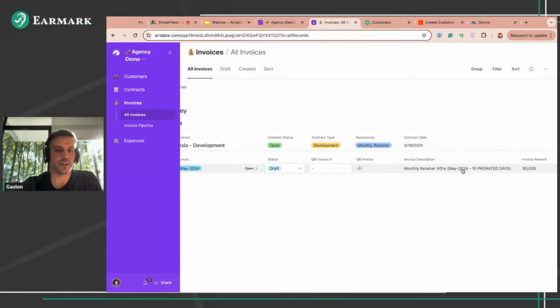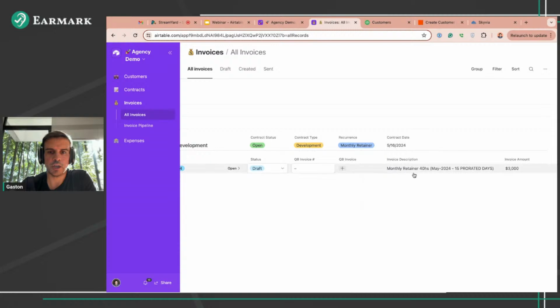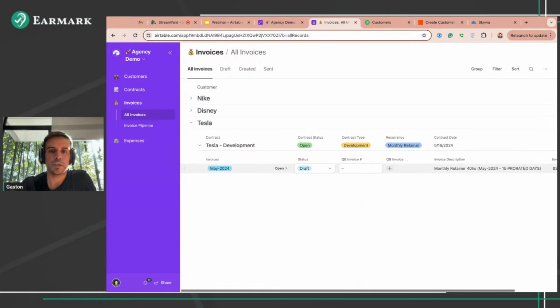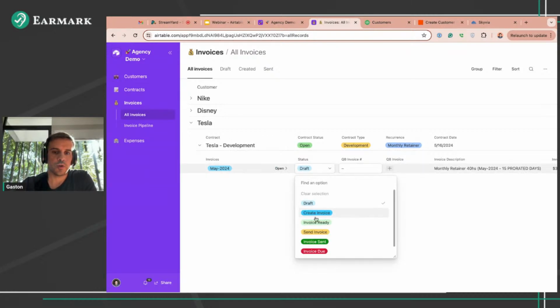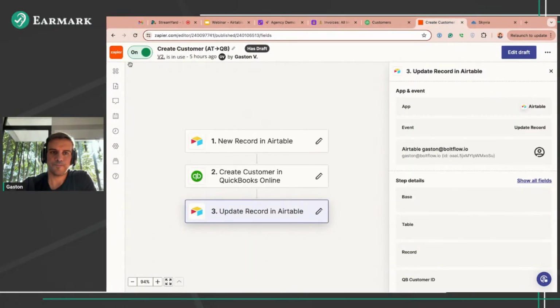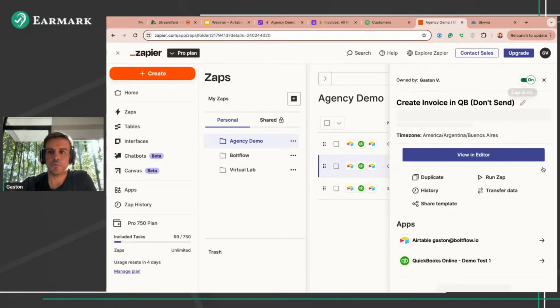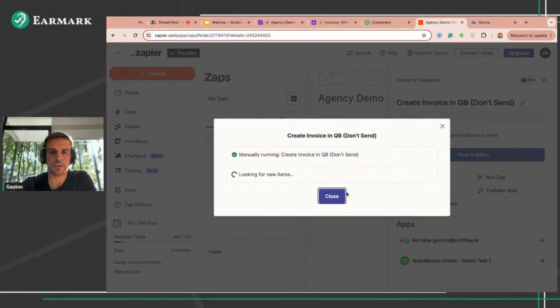And this has been automatically assigned. And as you can see, we made this so to be able to check. This is a draft. We are able to check and make sure that everything is okay. See that the QuickBooks invoice number is missing and the QuickBooks invoice is missing. So the idea would be to create an invoice. So this is going to trigger another step. Let me show you. Here you go. Let me run this. So to fast track this,